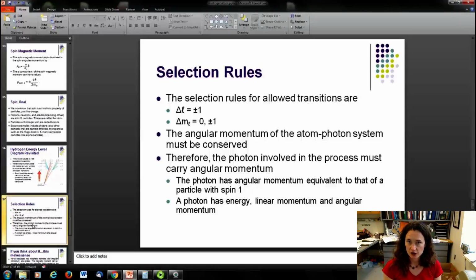Now, also, the magnetic quantum number can only be allowed to change by either nothing, 0, or plus or minus 1. Larger steps than that are not allowed. So for example, you couldn't make a transition from an ML equal to 3 state to an ML equal to 1 state. That would be a forbidden transition. Why? Okay? First they noticed that this was the way it was, but then they started asking themselves why this was the case, pretty much immediately, because after all, they're physicists. Well, it turns out